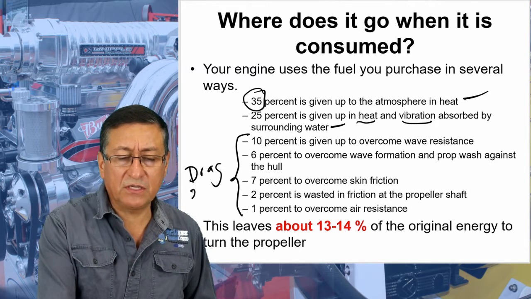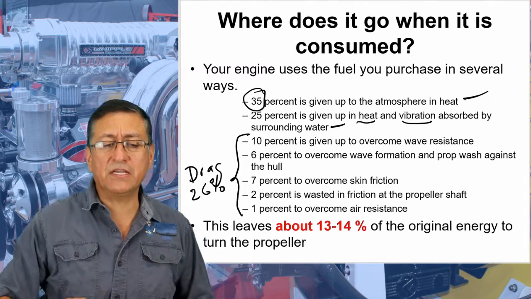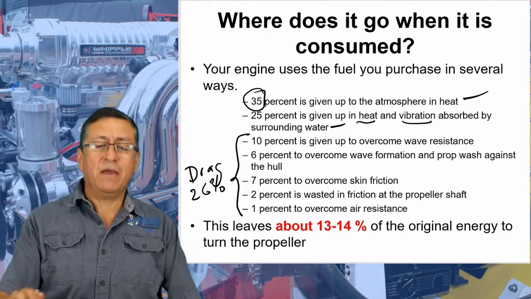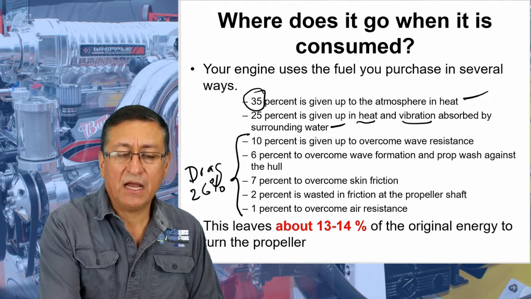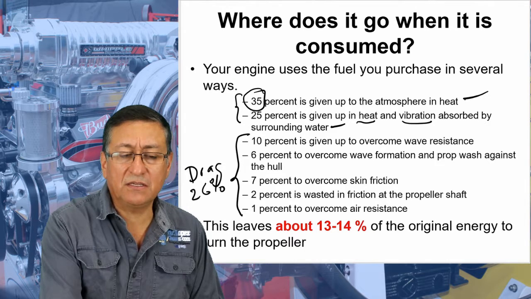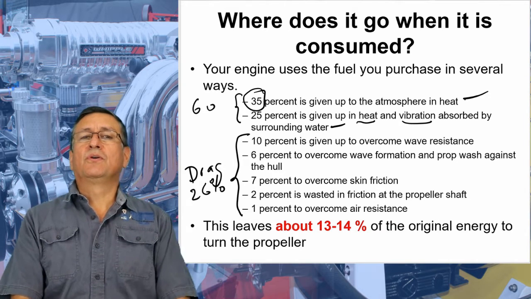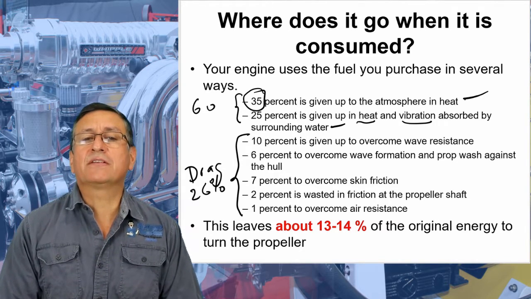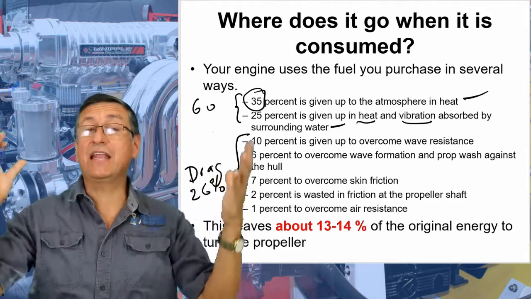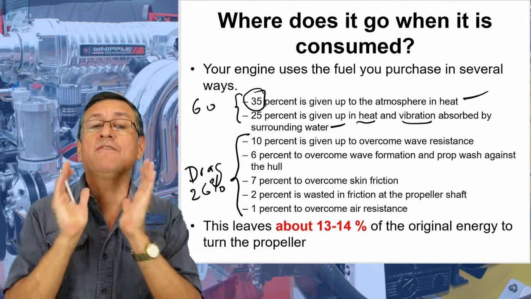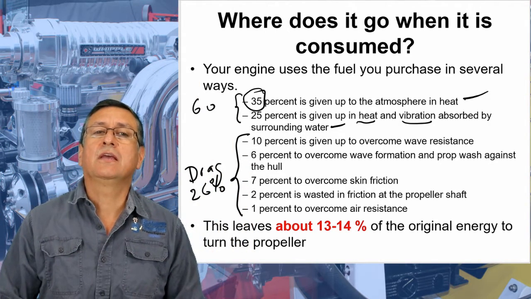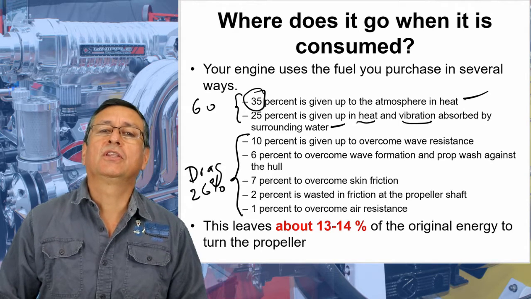This is like 26%. 26% is basically drag, and between this and this is 60%. In other words, we have around 14% of the total energy produced by the engine. Only 14% of that energy is used to produce torque